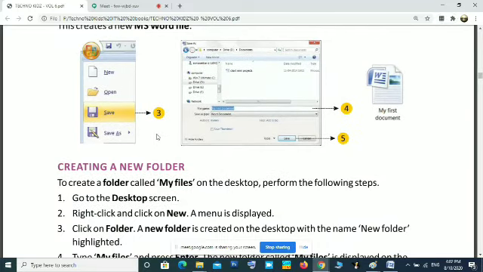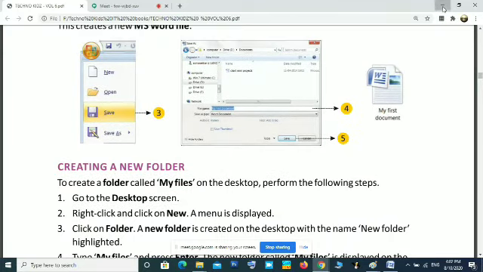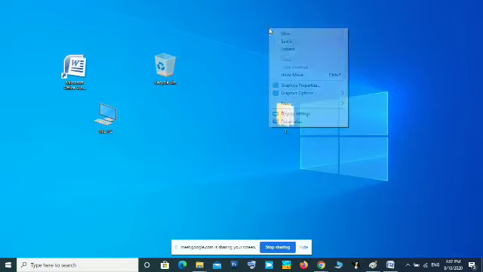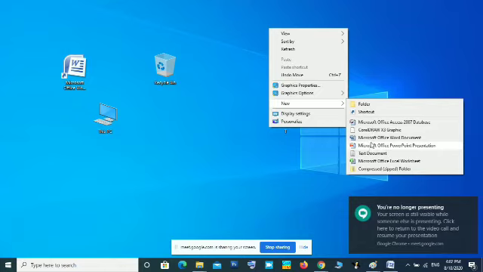Okay, that is how to create a file. Similarly, you can create one another way, but it will be a blank file. Just right click where you want to create the file, then select the New option. In the New option, you can see a list of applications. If you want to make a document file, select Microsoft Office Word Document.